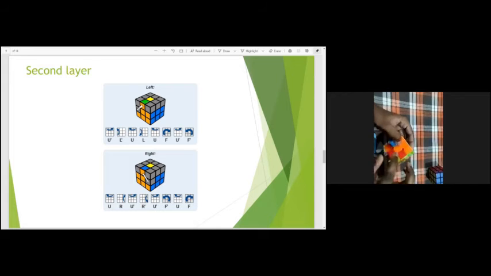Then search for orange and green, orange and green. Yeah, it's here. If we match it with green, it will form the T. So from this, we want to place it over the left side, just here.